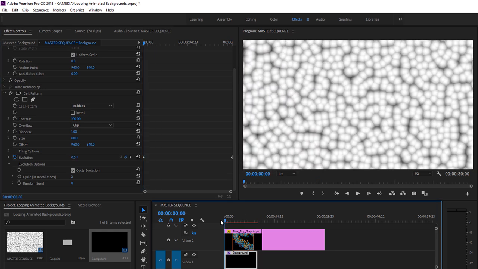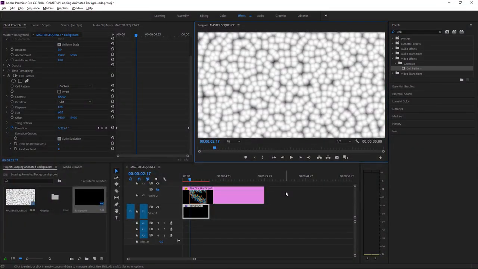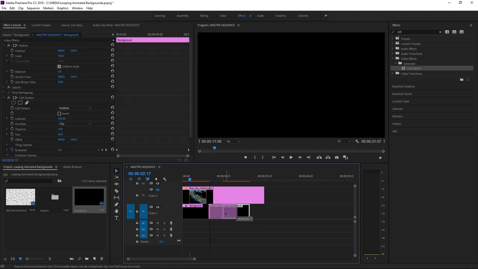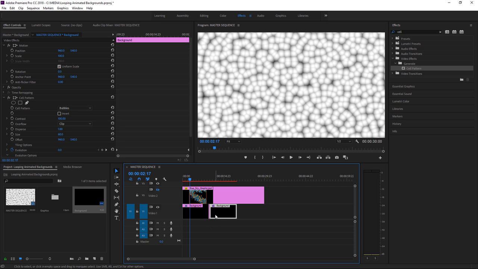I'll just drag back a little bit so you can see this, and I'll play a little of the effect. It's a very interesting result. Now that we have a perfectly looping clip, we can begin to duplicate it. I'm going to hold the Alt key here on Windows, this would be the Option key on macOS, and drag the clip along on the timeline until it snaps into position so it perfectly aligns with the previous copy of